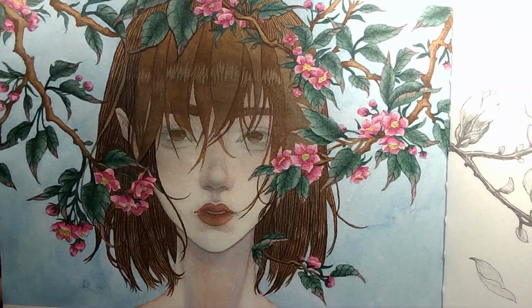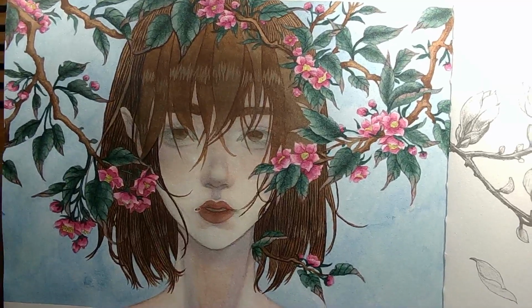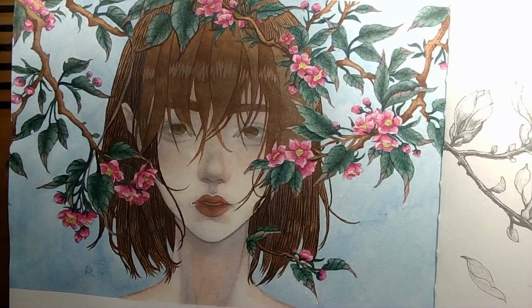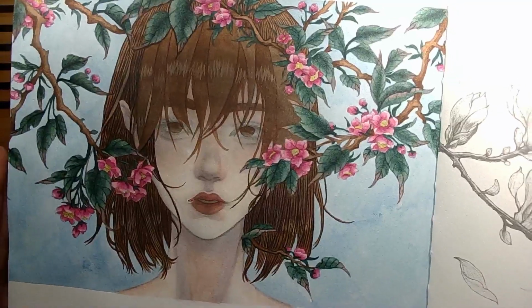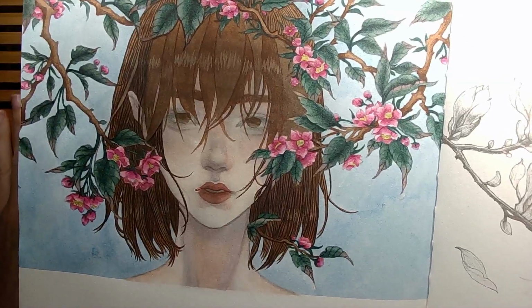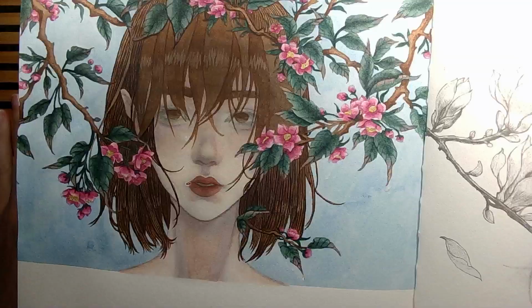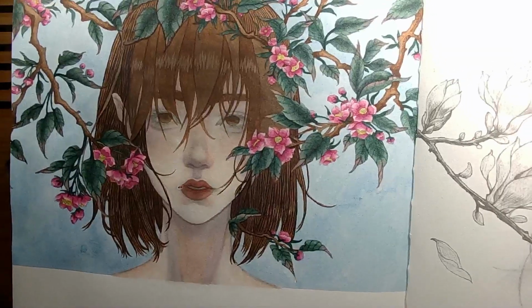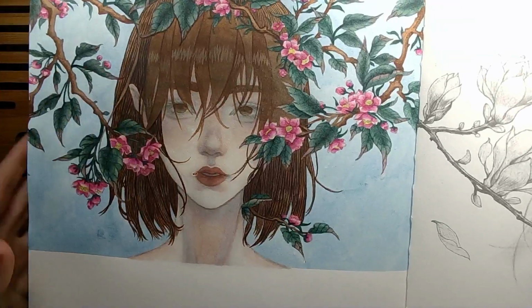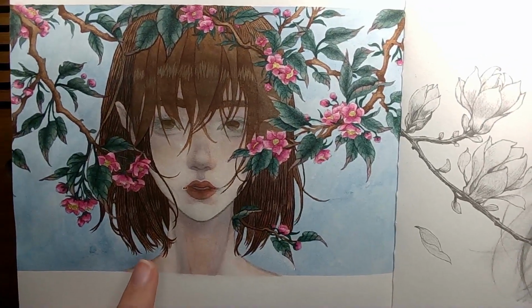That was a new technique I wanted to try out. I've seen it from a lot of Chinese artists, and I thought a Chinese coloring book could be a great way to test this. It is done so far completely with watercolors. I've used Daniel Smith and White Nights watercolors, and to be honest, there was a lot of grayscale in this one, and I've done one of the grayscale